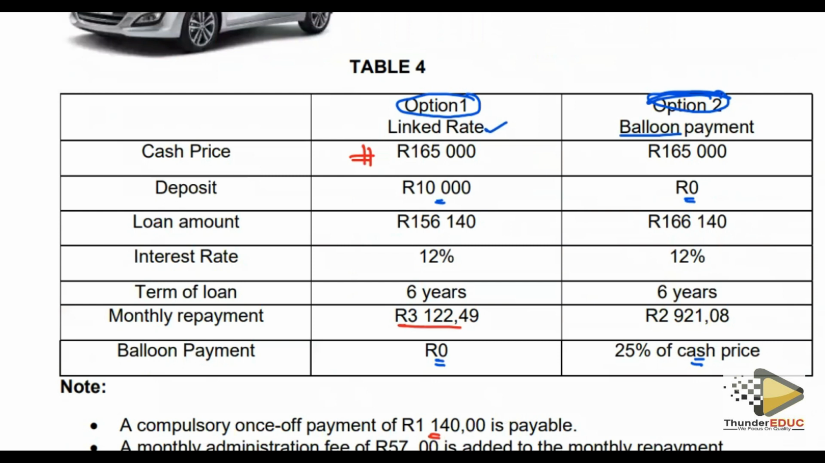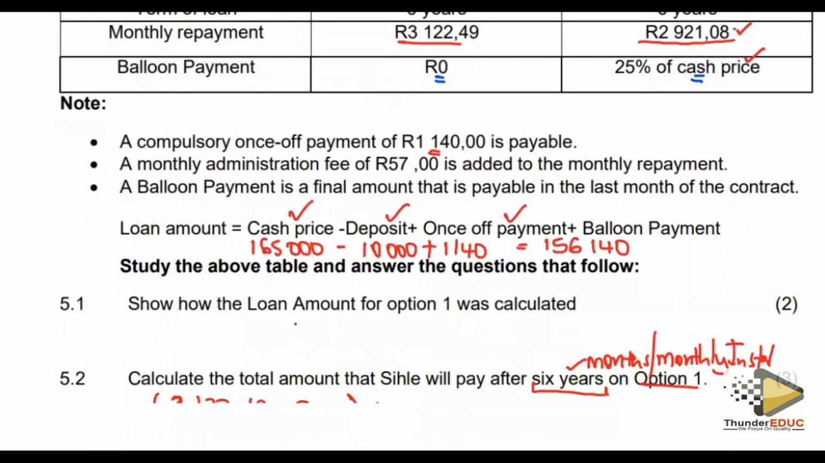How long is the loan? 6 years. How much? This is our interest. How much is it? It's this much. And here's the balloon also. Remember, he never had any deposit. So we shall come down and say,